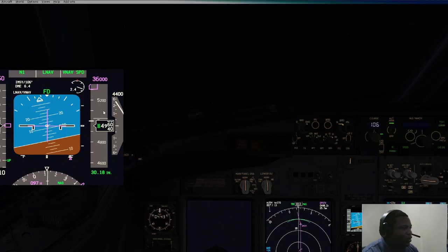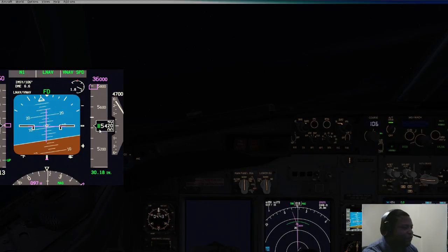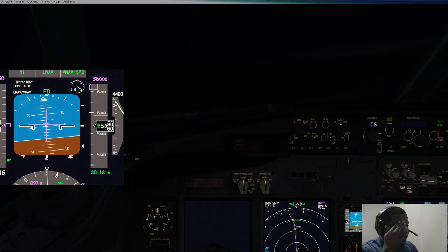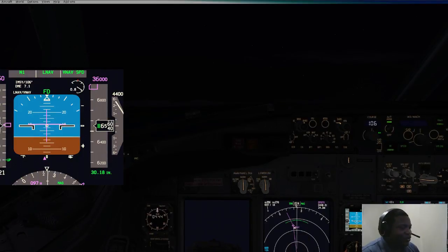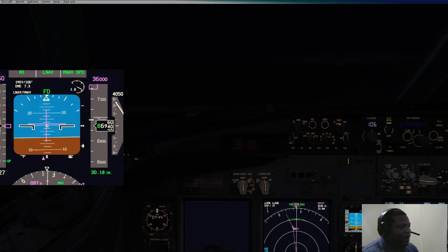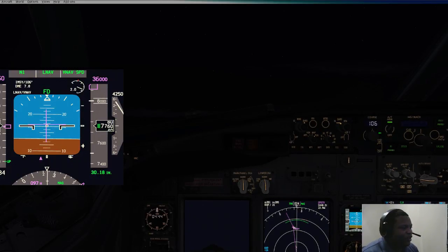And if you look here, we're climbing at 4,500 feet per minute. We're just passing 5,000 feet. And what the airplane's doing, just to give you an idea, pitch plus speed equals performance. So when I say that, it doesn't use engine power to achieve a certain airspeed. It's actually setting the engine power at a preset climb speed or climb power percentage, and we're actually using pitch to control speed. Since the higher of an angle of attack you have,